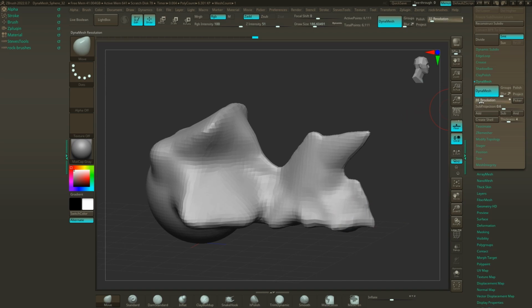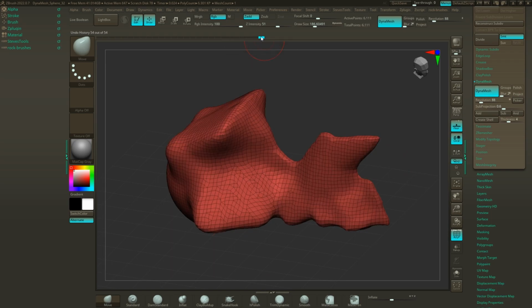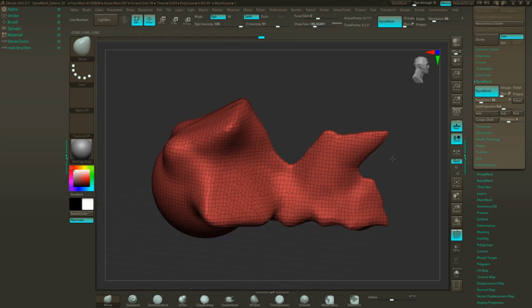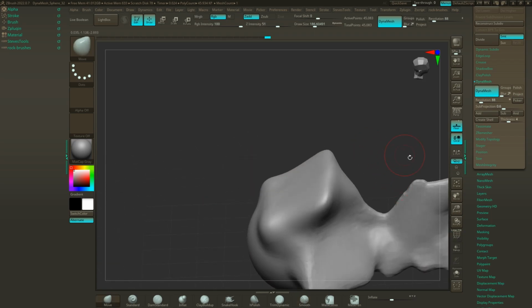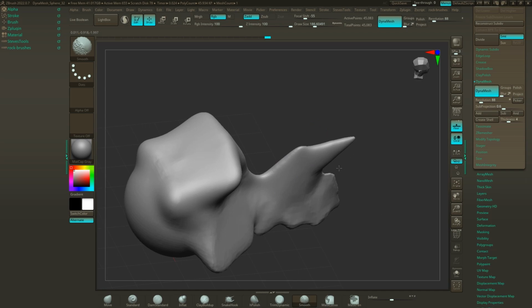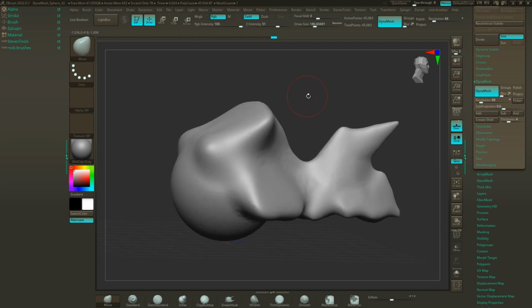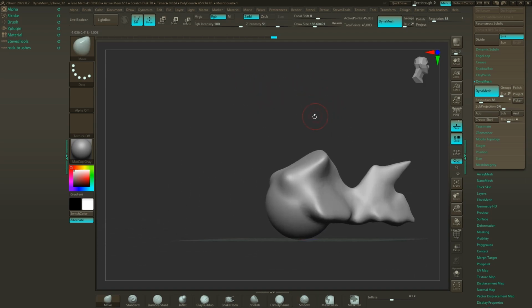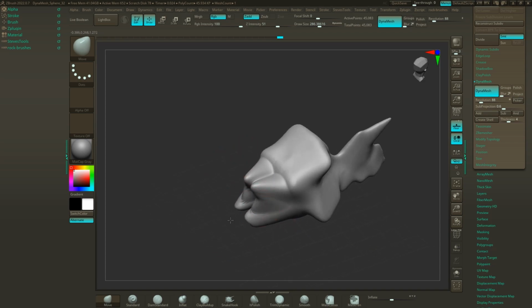So we're going to up this a little bit. We'll just say 80 and then clear our mask. You'll see we got a lot more resolution between this and this and this. Now I can smooth, turn my poly mesh off, and smooth these edges, and lo and behold, they're not really gross and disgusting. But there's a trick to this. If, say, for some reason I want to start pulling things out in this direction, I Dynamesh, smooth,